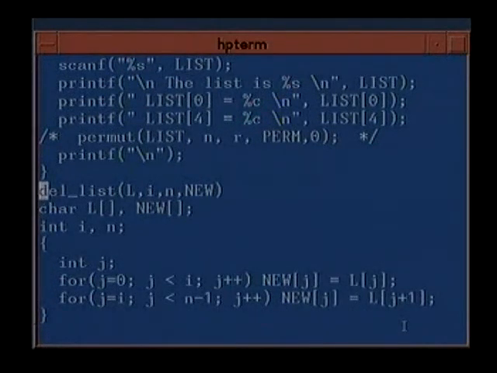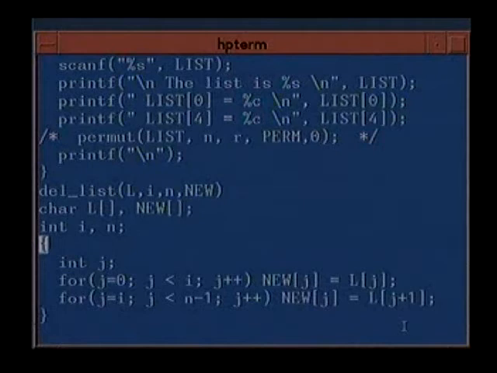Here a function, we have written a function delete list. Given a character array or a string L and a position I, and there are n elements in the string, new will be the second character array, and what will happen is here in the string whatever is given as L, the ith element will be deleted and the rest of the string will be returned in new.